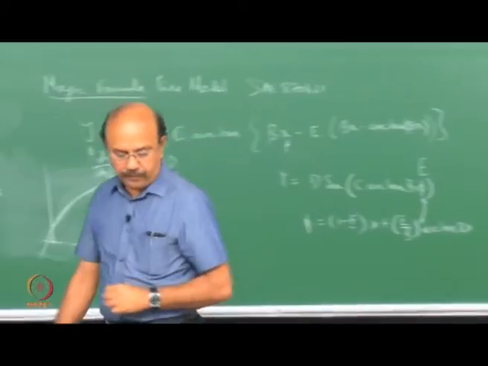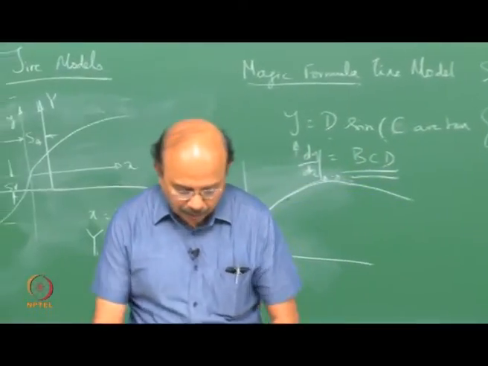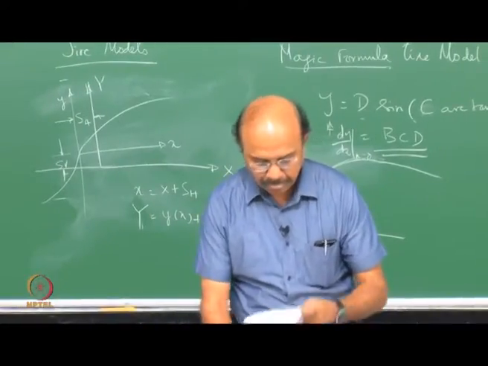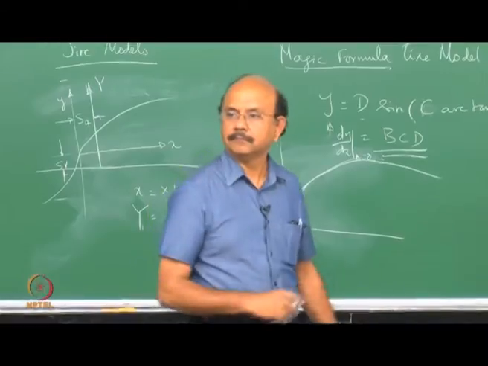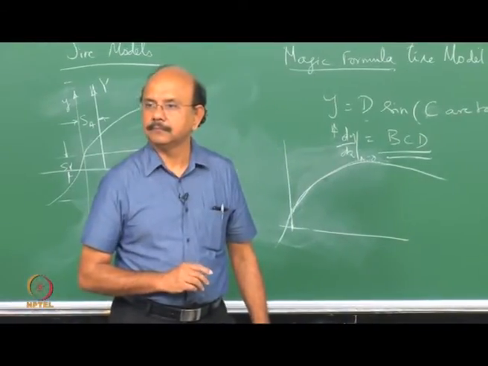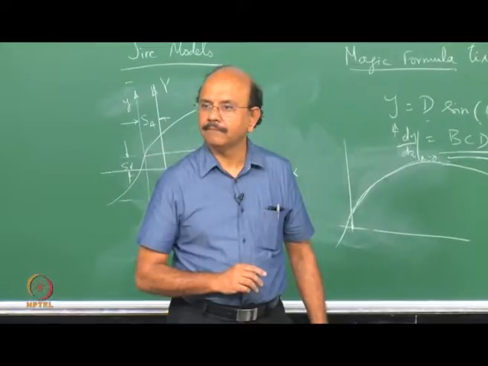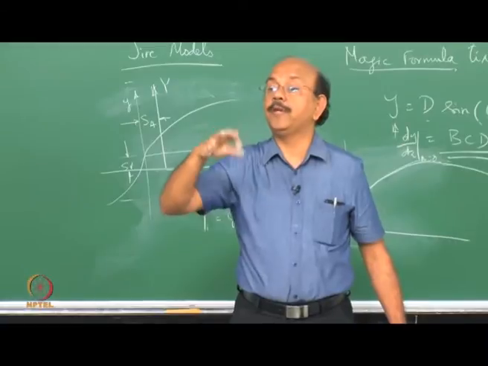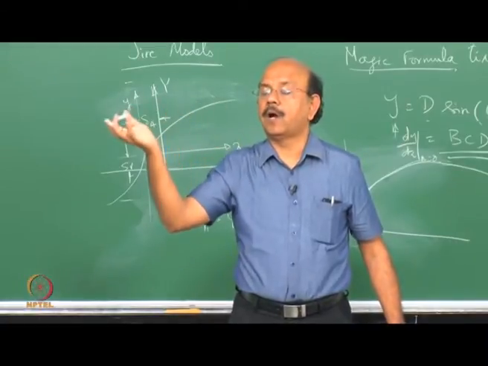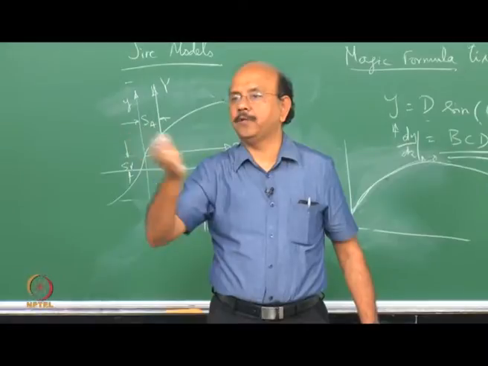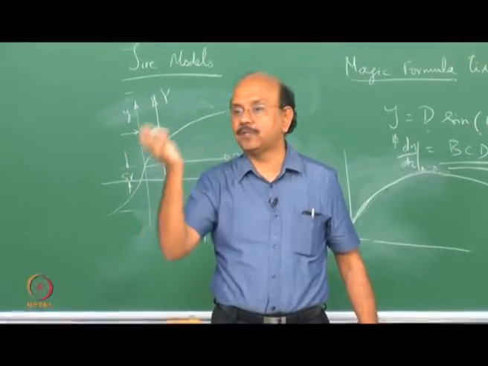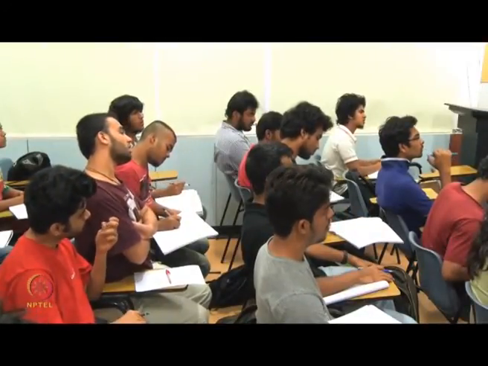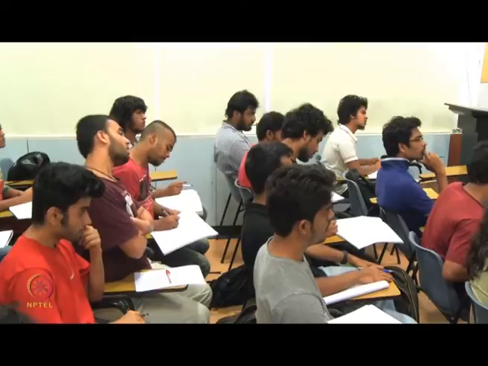So my next job is to find out how I'm going to express these factors B, C, D, and so on. You just said that you want to express BCD as a function of Fz, but Fz itself depends on the slip angles alpha. No, Fz is a normal force. It varies depending upon the way you do a maneuver, or how severe your cornering is. All that would manifest in terms of the slip angles. Right? Absolutely. So that is why I am now expressing this.